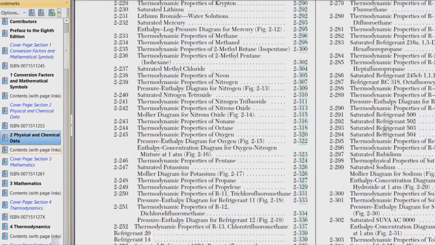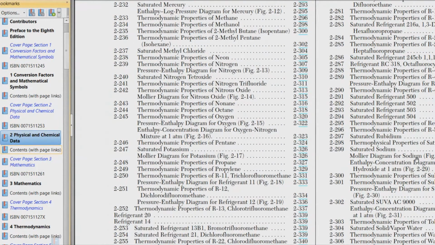So I have here thermodynamic properties of air,